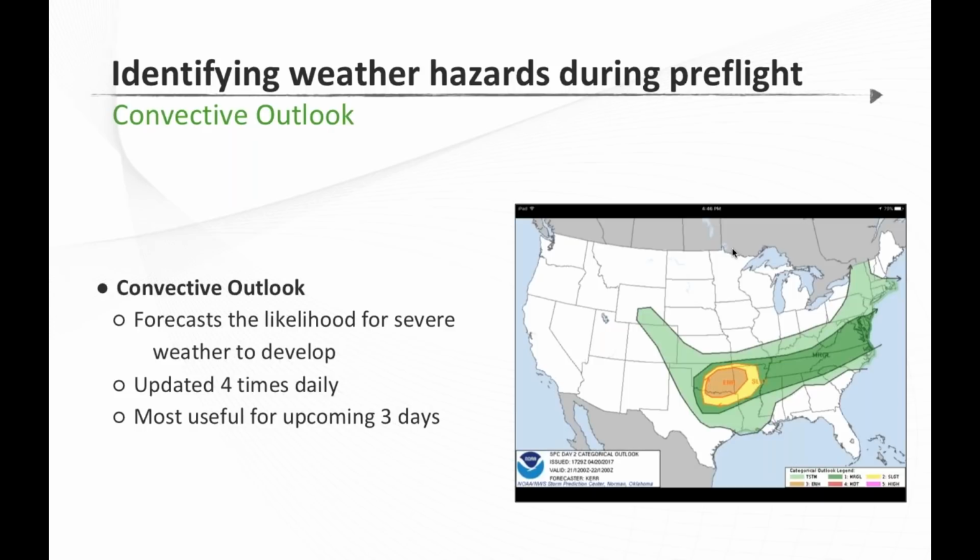Channel, but you're also going to find it in ForeFlight, is the convective outlook chart. And this is more of an outlook on how widespread severe weather activity is going to be. So in the areas like green there, the general area, might be some pop-up thunderstorms, some weather that you could probably avoid, zigzag around it. When you get into the slight and enhanced areas and the high areas where they get darker colors that we'll look at here in just a second, those are areas where severe weather is going to be much more widespread. Areas you're probably not going to be able to fly through with typical GA aircraft or fly above, of course. But again, a good way to get a feel for how the thunderstorm activity coverage will be for a given